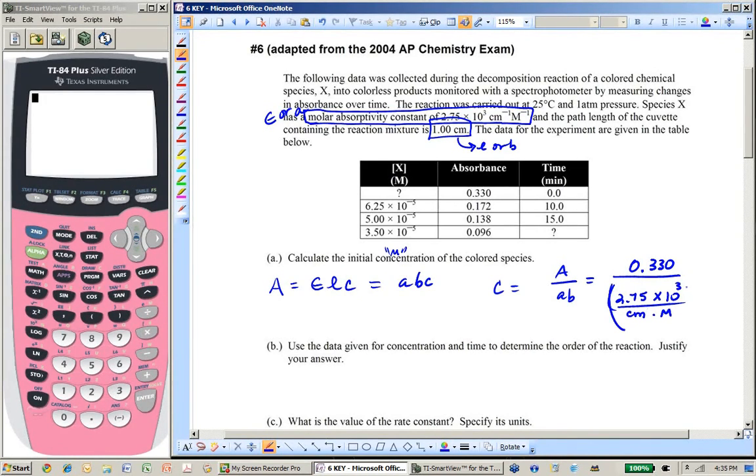Make that a little deeper. And 1 centimeter. So guess what? Centimeters cancel. A 1 over molarity is molarity, and that's good if you're solving for concentration. So C equals